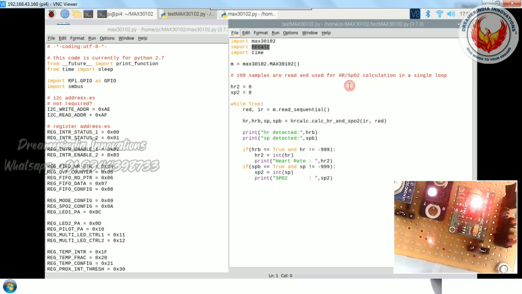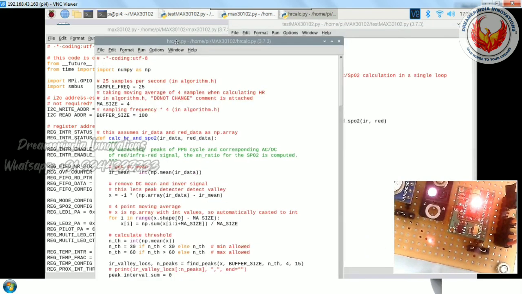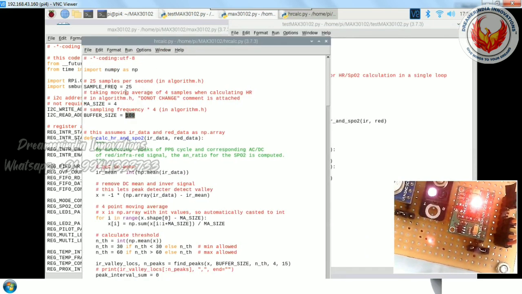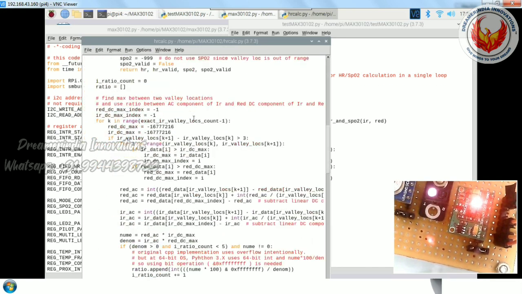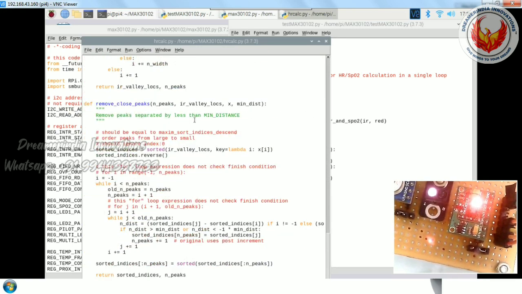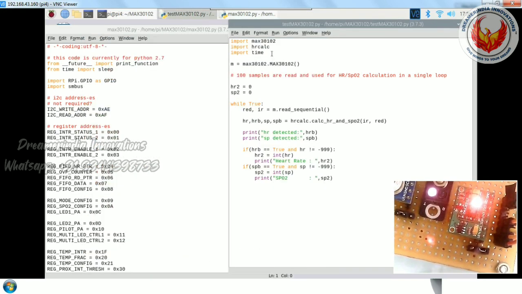Here they are taking 100 samples: 25 samples per second, with 4 samples of moving average, totally 100. From that they get the data, process it and give it back. So that is also loaded. You can also try with this, or we can go with our own algorithm for averaging and all those things.